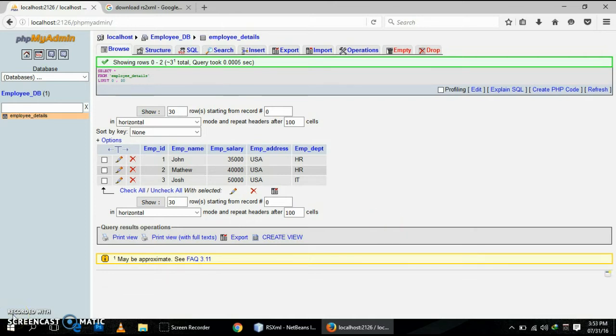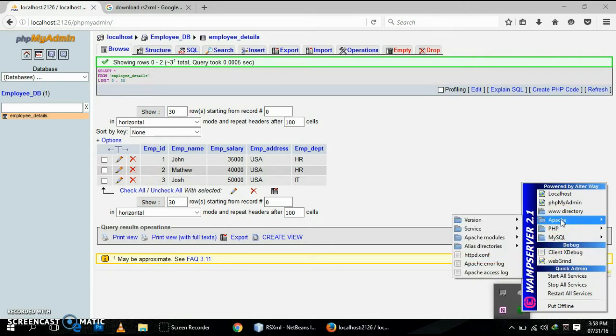First of all, let me show you how to configure your Wamp server to open this environment. This environment is called phpMyAdmin, where you can create your database in MySQL. First thing you need to do is to open your Wamp server, and you will find the Wamp server icon over here. If this icon is green in color, that means your Wamp server is running and it's online. If it is not in green color, then click on this icon,